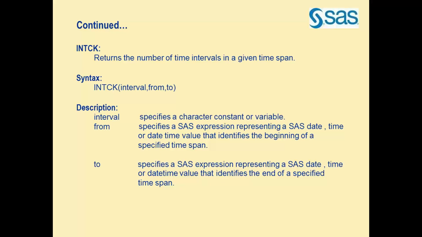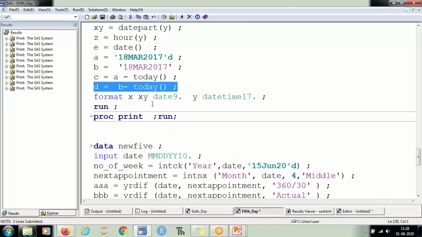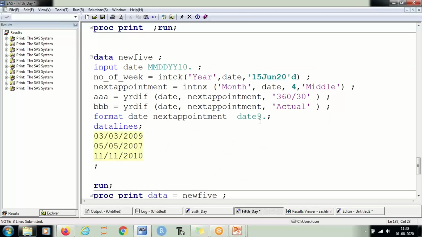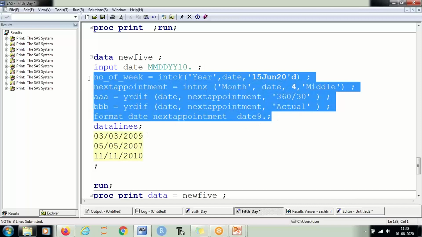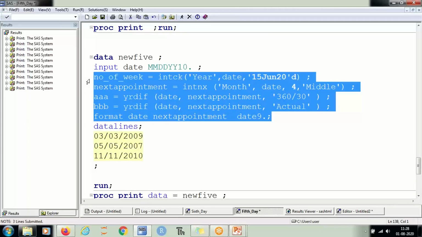Let me show you one example, then probably you will get more clarity. Do not try to write it just right now. Let me explain, then I will give you enough time to practice it.